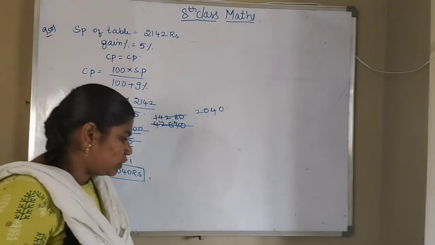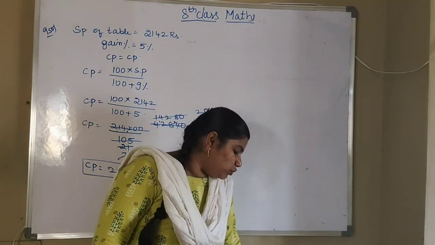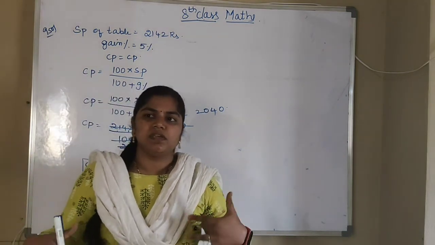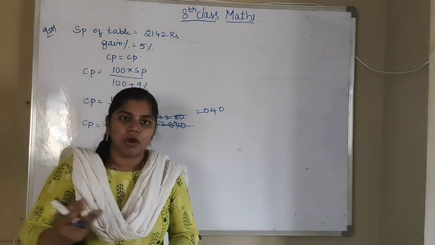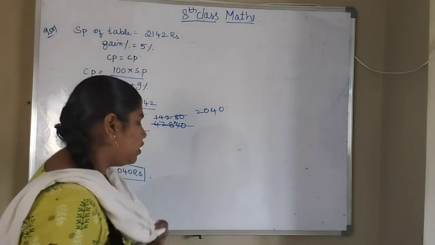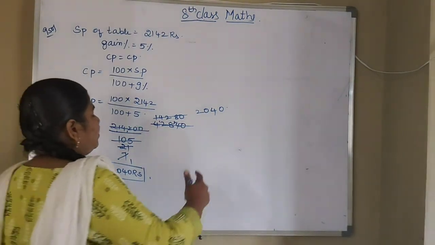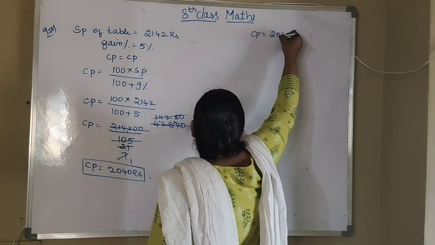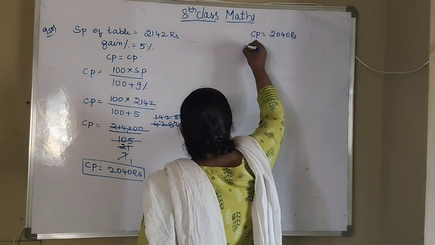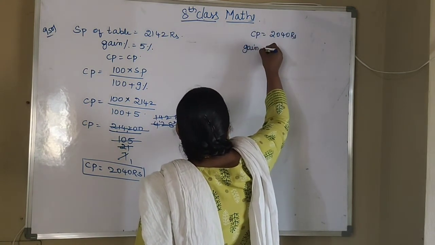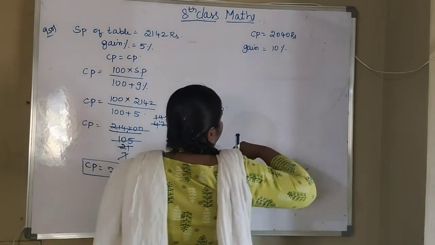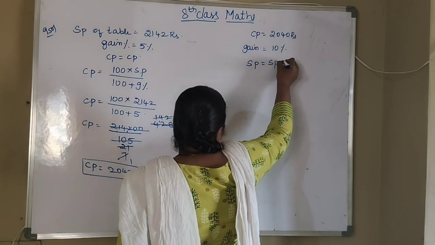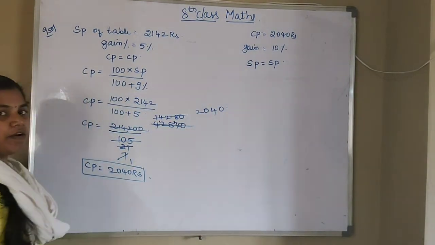Now what is the next equation in that? At what price should he be sold to gain 10%? Now for getting 10% more, so for which amount he has to sell, we have to find. Okay, so already we got the CP value. So CP value is how much? 2040 rupees. And he wants a gain of 10%, it seems. Okay, so for what amount he has to sell, we have to find. Okay, that is SP we have to find.